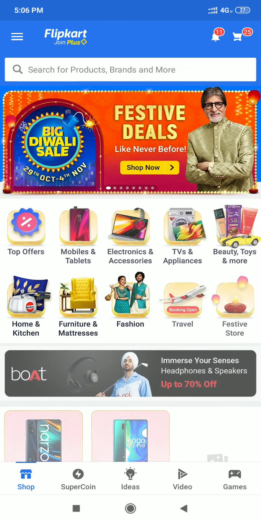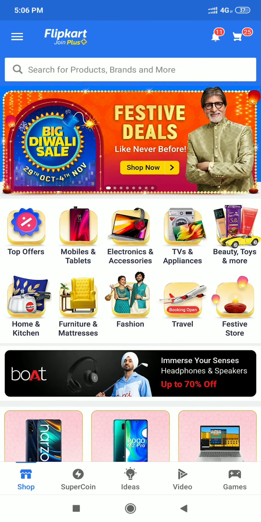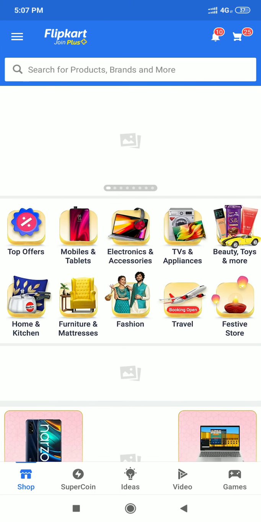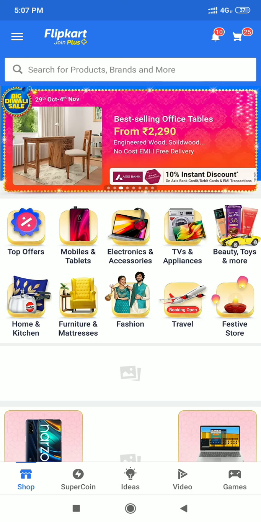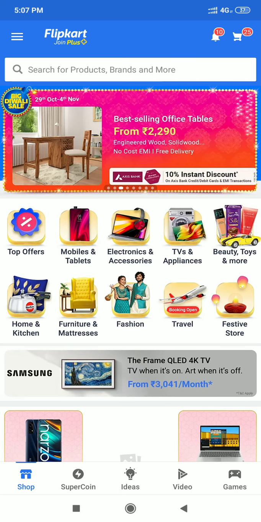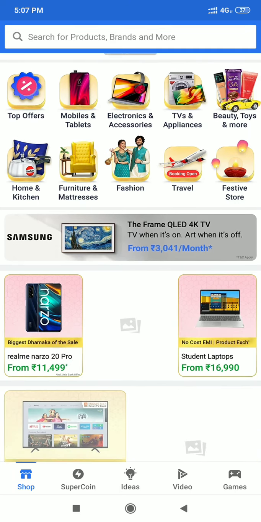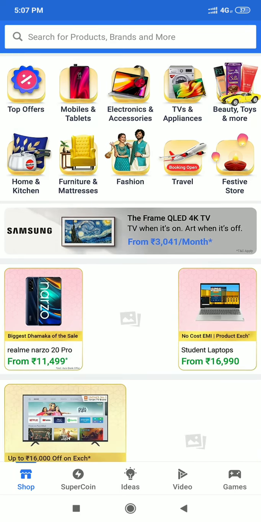If you are coming to Flipkart for the first time, then it will ask you to give your mobile number, email address, phone number, and many things. So you give your email, phone number, your name, your password. You have to give it, and then you can come to Flipkart, and here it will look like this.